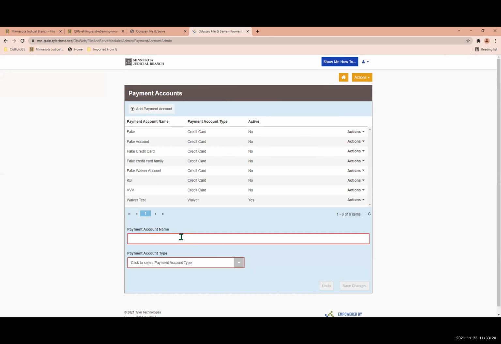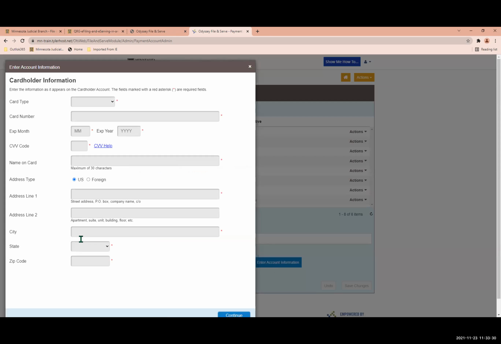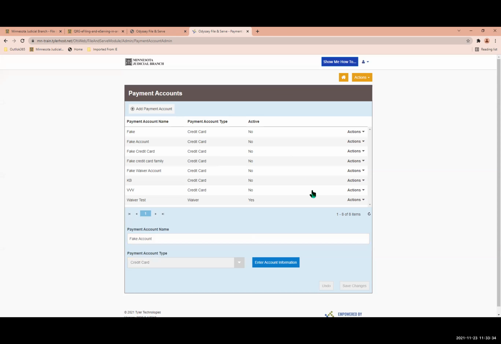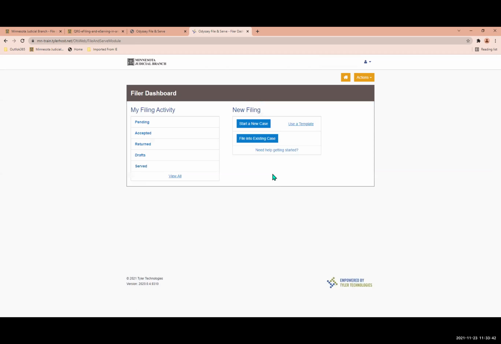And then once you put your payment account name, you go down here and choose credit card and then click enter account information. It'll bring you out to a different website, a more secure website, and you'll put your information in there. And you'll have to keep it updated with any changes. So that's kind of how you